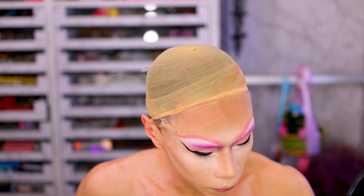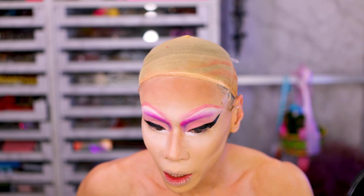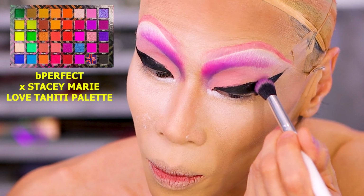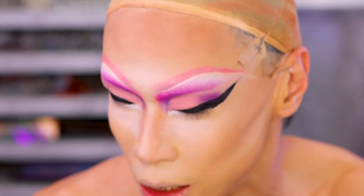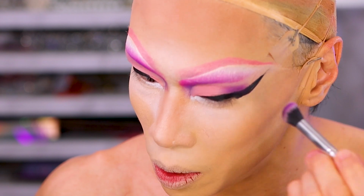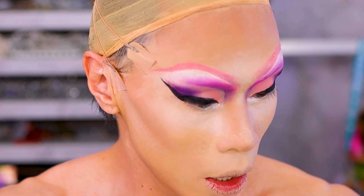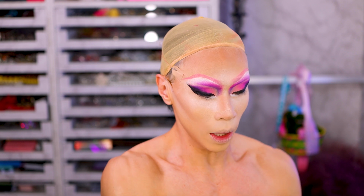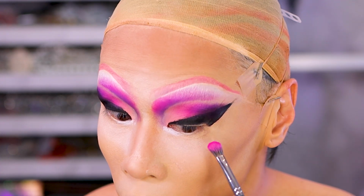I'm going to go in with the blackberry again. Okay, and I'm just going to pat this on top of the black here. This just gives it a bit of a smoke. It's purple into a pink. And now going in the under eye, I'm going in with the same colors again. So going back with the pink from the Carnival 3. Okay, I'm going to